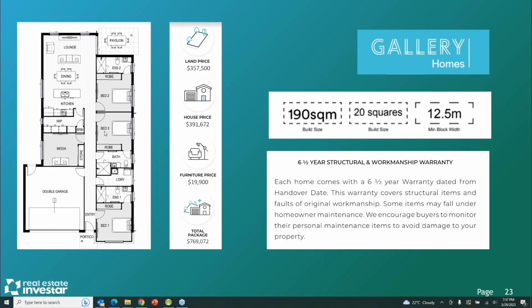The property manager in co-living is very important. A property manager that understands the tenants and can match suitable tenants up living together. So that's a very important factor to bear in mind. And the good thing about this particular builder, Gallery Homes, is they've got their own property manager arm of the business, and they're leasing these properties out, so they're managing them. So they want to make sure they get tenants that are suitable to live together, and also set the ground rules up front.